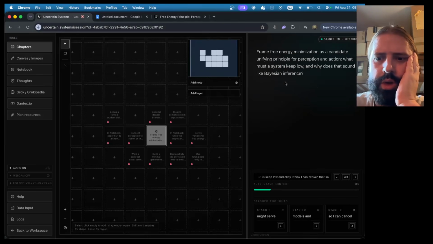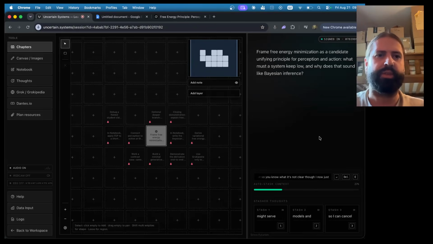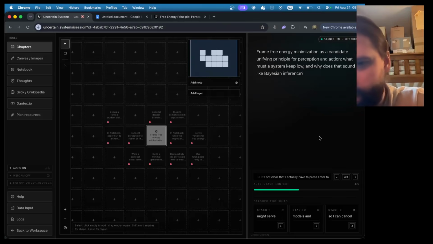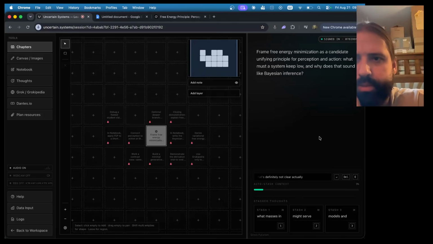So you know what is not clear though? I now just realized it's not clear that I actually have to press enter to do that. That's definitely not clear, actually. That sucks pretty much a lot. That's an important piece of these. Okay, let me